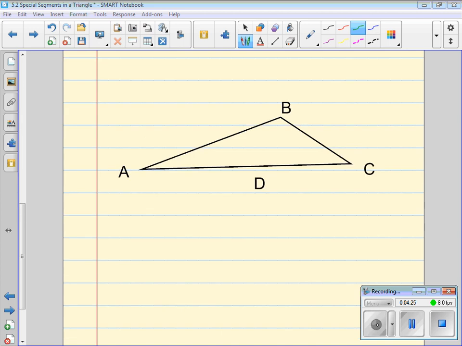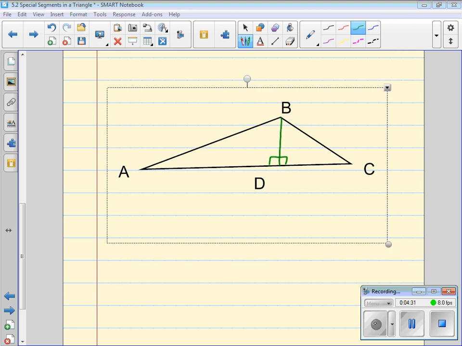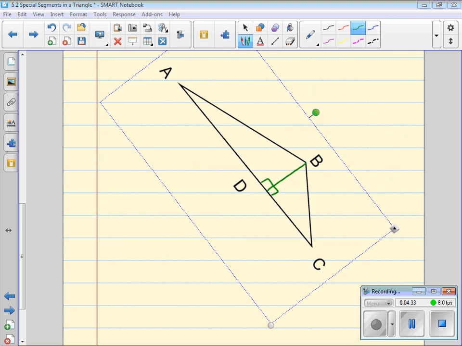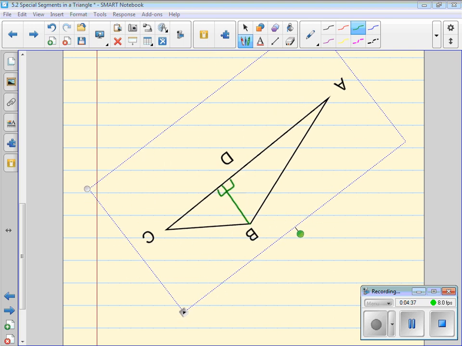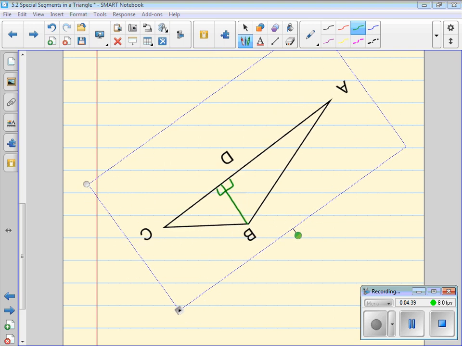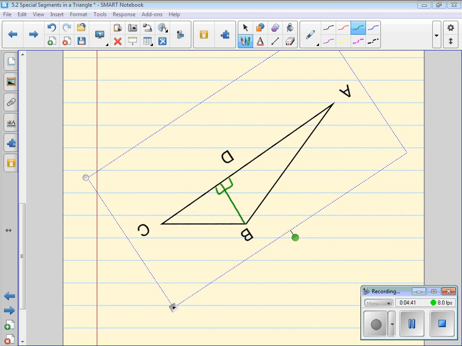So let's just freehand this. So I'm just going to draw a perpendicular here. Cool, and that's one of the altitudes. I find it helpful to rotate my figures so I can kind of look at it. So I'm going to take the side BC and just going to make it horizontal, like it's the floor of my drawing. Okay, so now I'm going to jump from A,